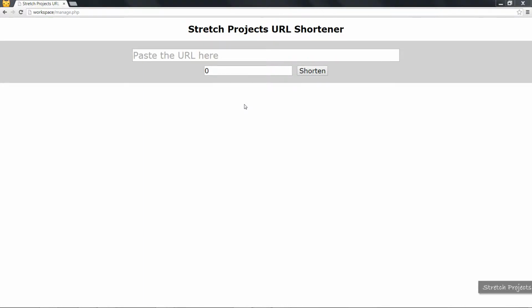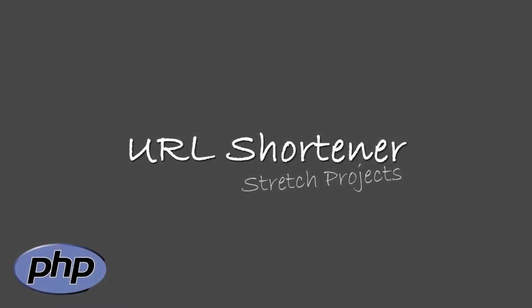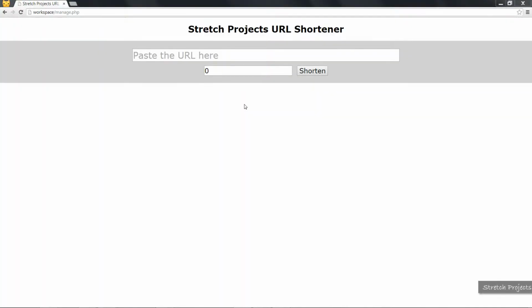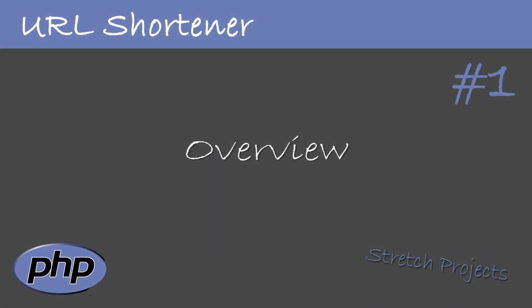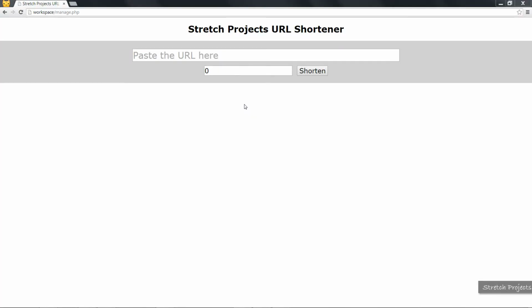Over the course of this series, we're going to be creating a URL shortener. A URL shortener is something similar to a service like Bitly, whereby a user will provide a URL which is often very long. The service will return a very short URL for the user to use. In this example, we're going to